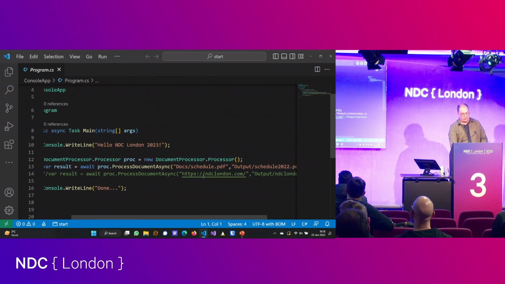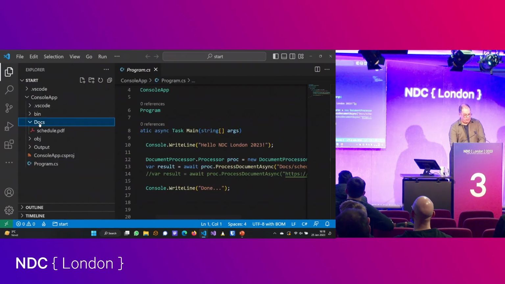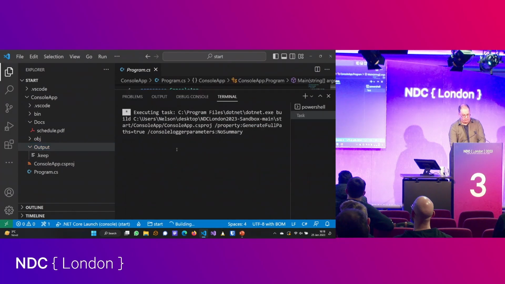And in this case, if you pass in two files, what will happen? We have a docs file that has a schedule. We see over here the output folder is empty. If I run this one right now,